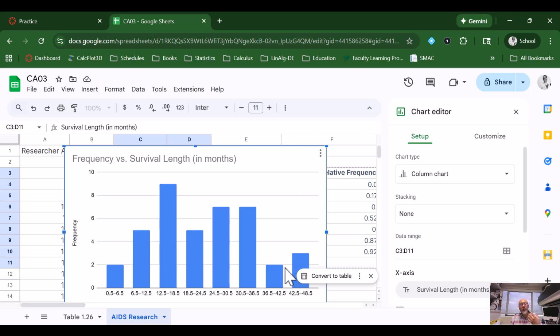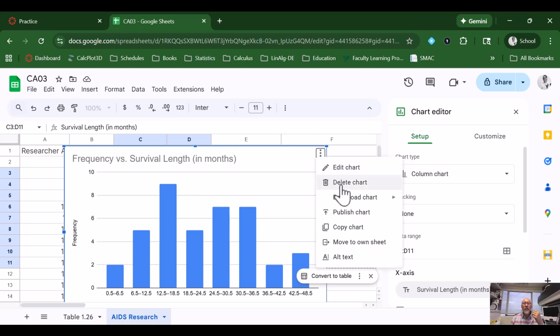Now technically this is a bar graph. It has the names, and then it has the way it's partitioned, but then there's a space in between. Now we don't want those spaces in between when we're talking about histograms, which is a way to represent quantitative data using a graph. So I'm going to delete this chart,